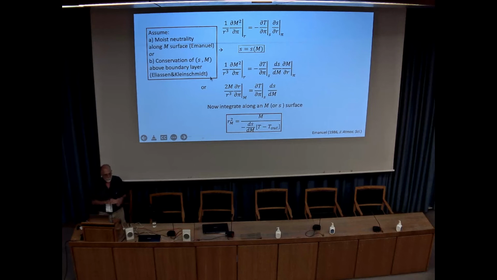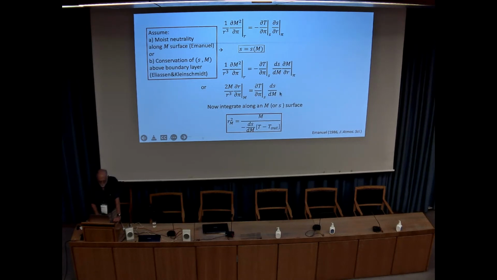In the reasoning of Eliassen and Kleinschmidt, they said, well, it's conserved. If S is a conserved quantity and M is a conserved quantity, then they're functions of each other. So when a parcel comes out of the boundary layer, it has a certain S that it acquired as the air flowed in, and a certain M that it has. The parcel conserves that S and M, and therefore they're functions of each other. I like to think of it that way. Using that, then you can express the SDR as the SDM